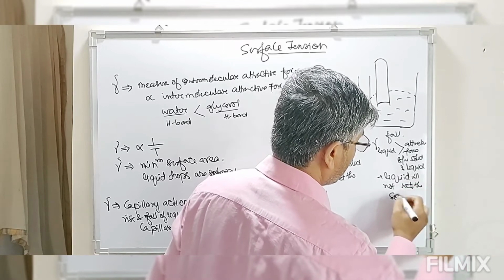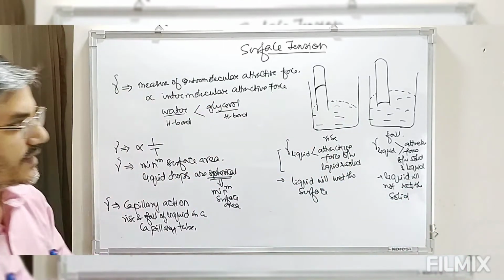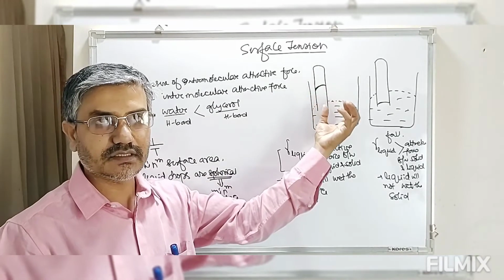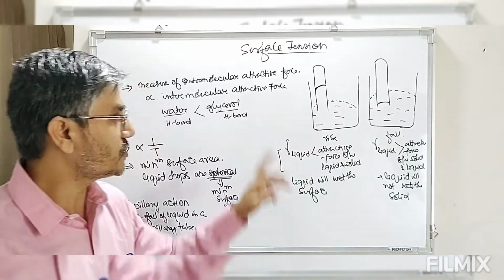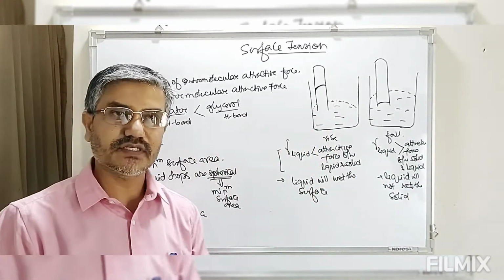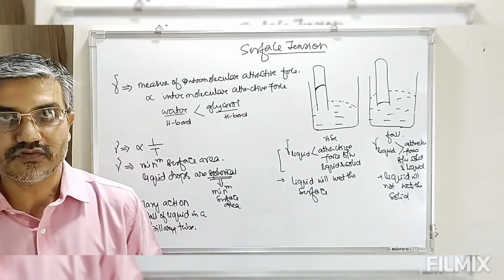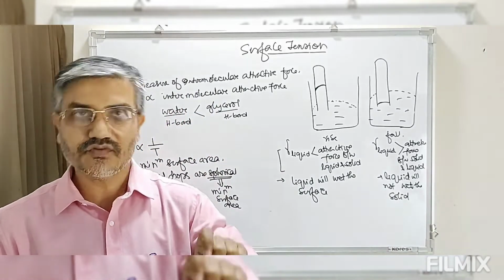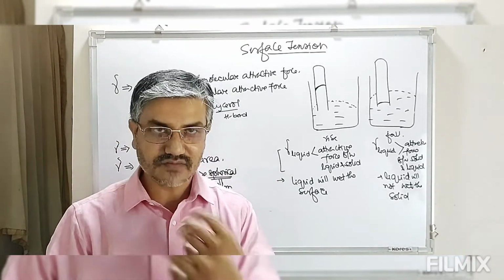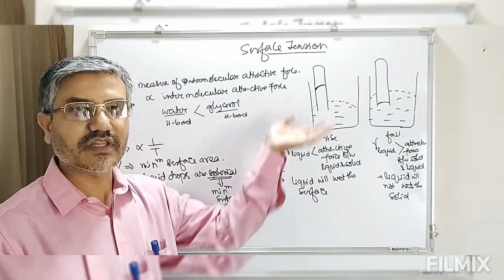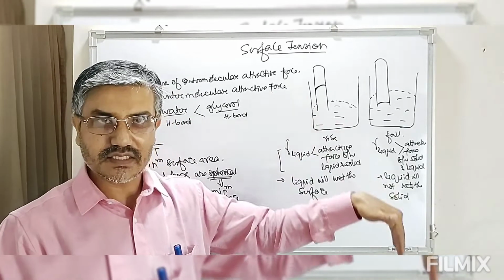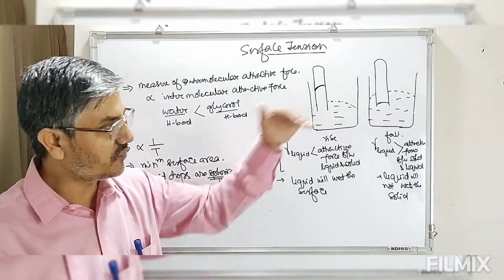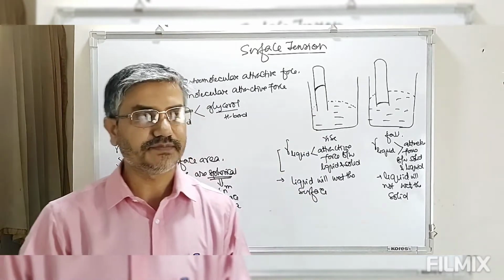Will not wet the solid. So this is what we call the rise and fall of liquid in a capillary tube. We have to specify why there is a rise or fall in the capillary tube. This is because of the surface tension. When we compare the surface tension with the intermolecular attractive force, there are two possible cases. If the intermolecular attractive force between solid and liquid is more than the surface tension, the liquid will rise up, so the liquid will wet the solid. If less than the surface tension, then there is a dip or fall in the capillary tube, and the liquid will not wet.